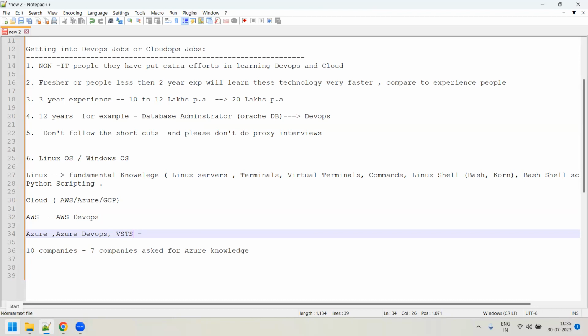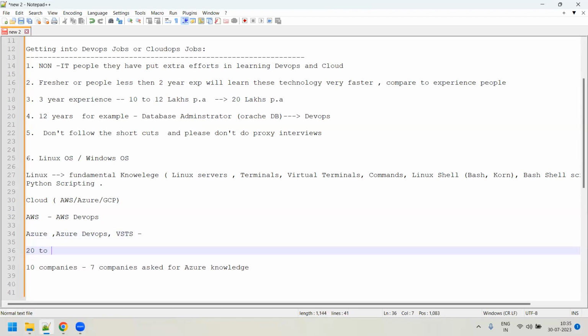Oh my God, sir, if I want to learn 200 plus, I need 1 or 2 years to learn only AWS or only Azure. I can't give that much time, sir. But how much is needed? So I would tell you one thing very clearly, sir. Whenever you are learning anything on Azure or AWS, learn a minimum of 20 to 25 services, sir. That's all.